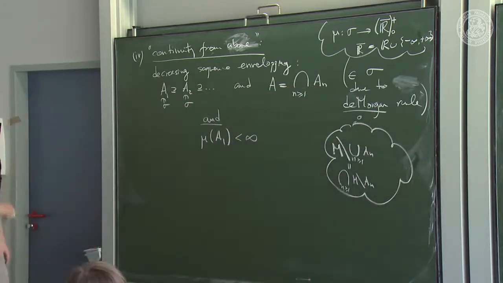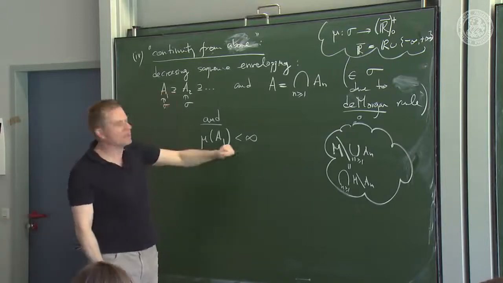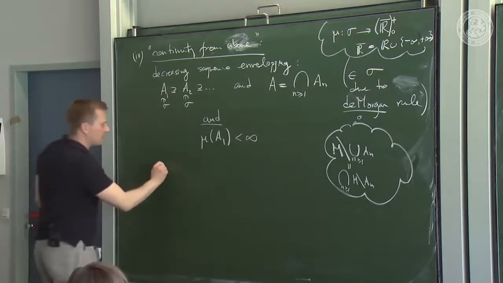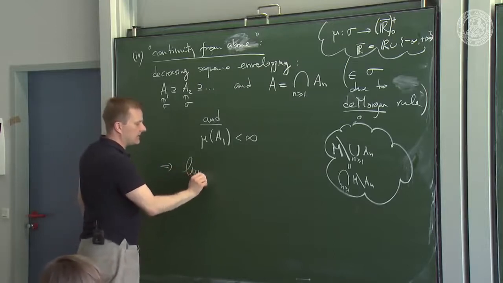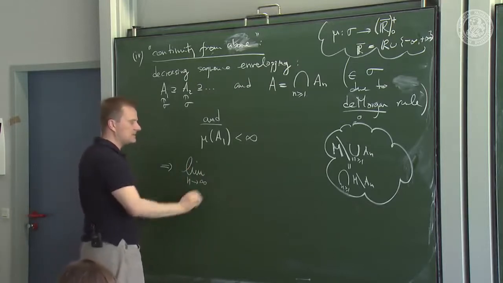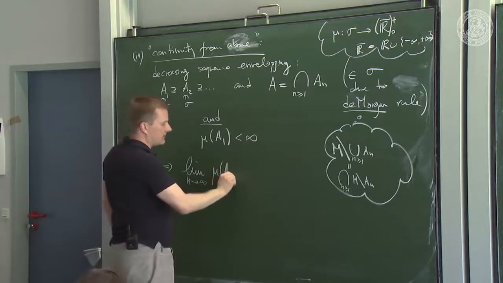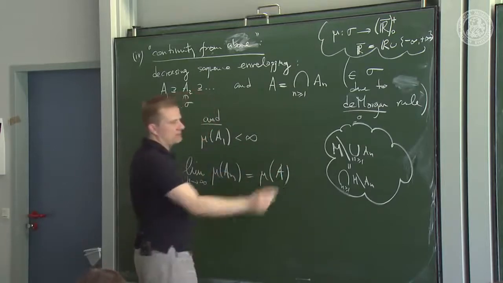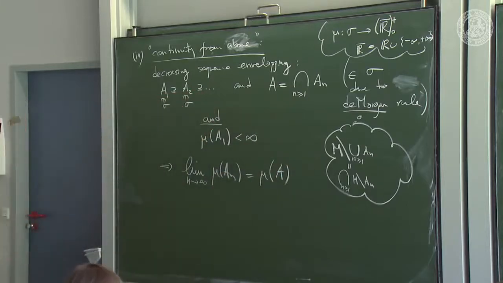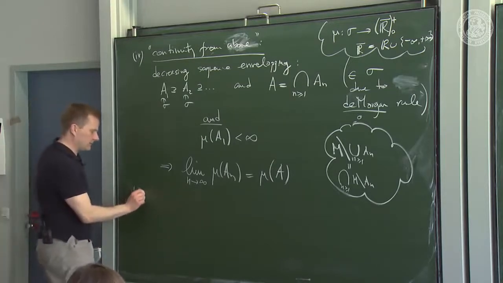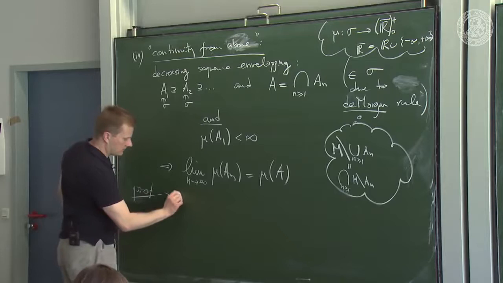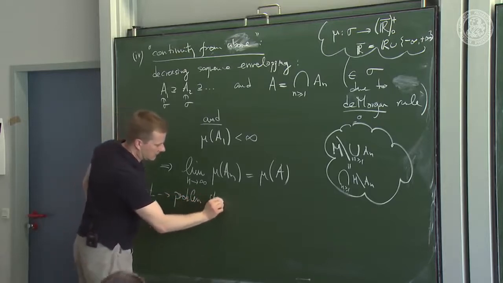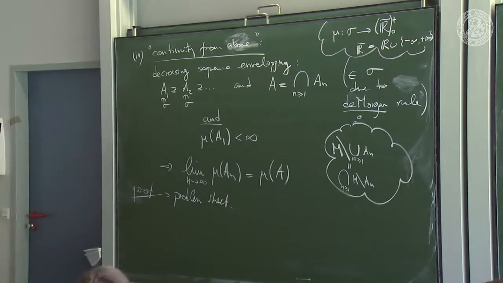We'll come to that. Okay, anyway, so here's the condition that the superset is already finite, and then the same thing applies. You can take the limit n to infinity of all the measures of the A_n, and that's just the measure of A, but now A is the intersection, right? So that's the continuity from above. And, well, proof problem sheet. Well, that's the first thing we have to prove anyway. So far, there was nothing else.